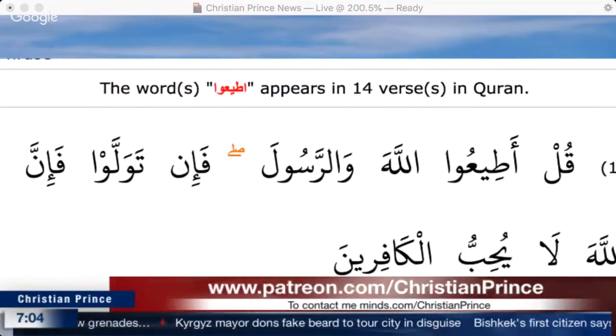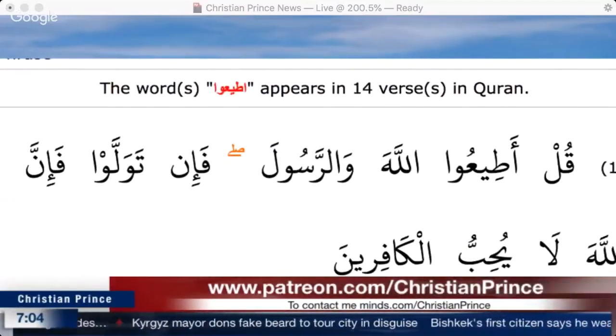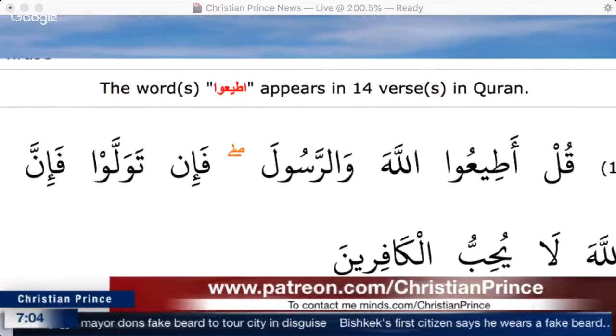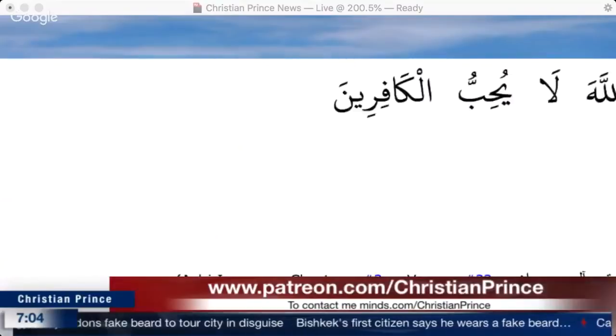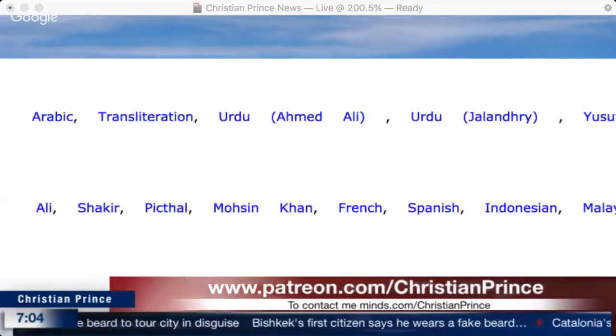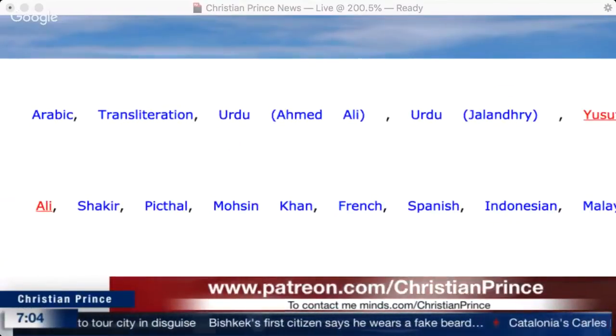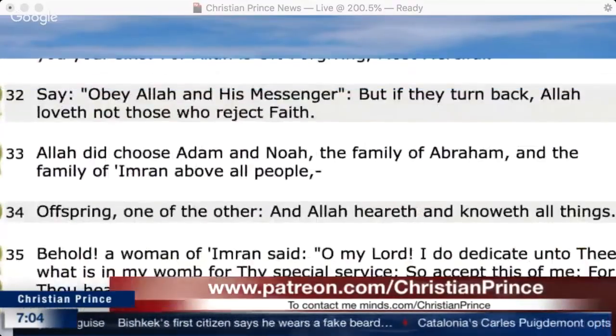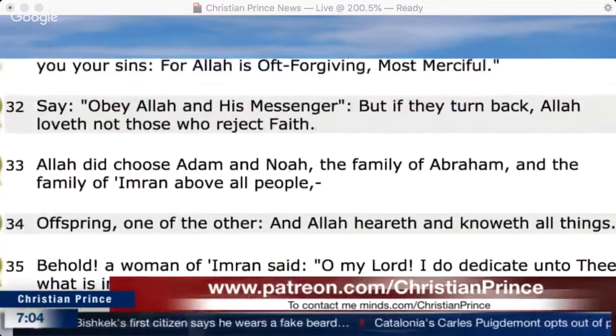Okay, it doesn't say "Atiullah wa Atiul Bukhari." No, no, I'm not talking about the Bukhari. Forget about Bukhari. Obey Allah and obey the messenger. Isn't the Quran how you obey Allah? Yes. Okay, then how do you obey the Rasul, the messenger? That's also the Quran. Innahu laqawlu rasulin kareem.